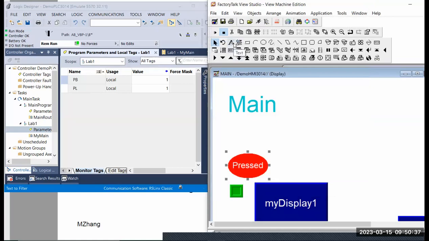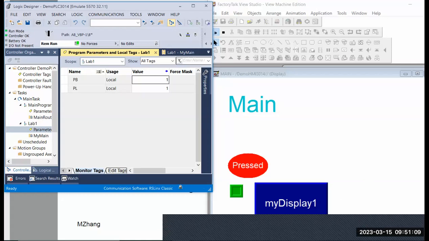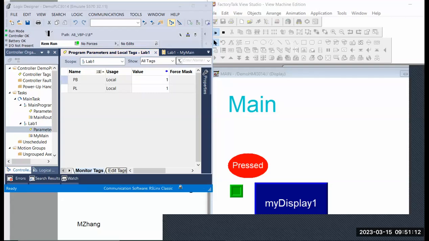So then I can run again. Now it shows pressed. You can see here. If I change it to 0 on the PLC side, it changes to released. That's the function of the indicator. So you want to set it up in order to reflect the changes of the tag value on the PLC. Okay, so I think I can stop here. And if you have the